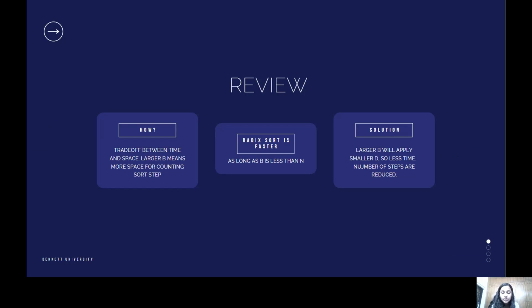Counting sort can only cover numbers in the range of 1 to n in the time complexity of big O of n. If we implement counting sort on the numbers in the range of 1 to n square, then the time complexity becomes big O of n log n, which is similar to the time complexity of any other comparison based sort, and it ultimately defeats the purpose of using a non-comparison sort.